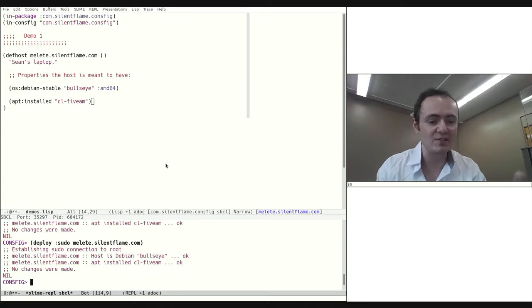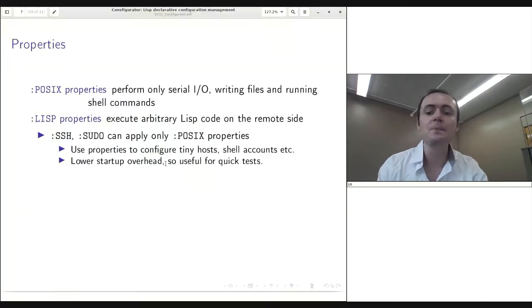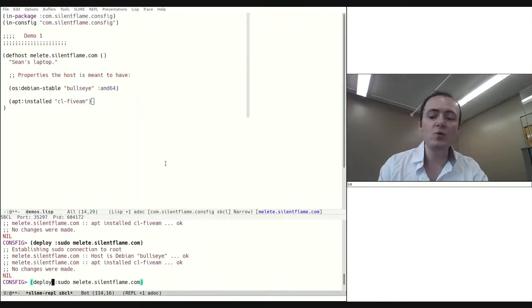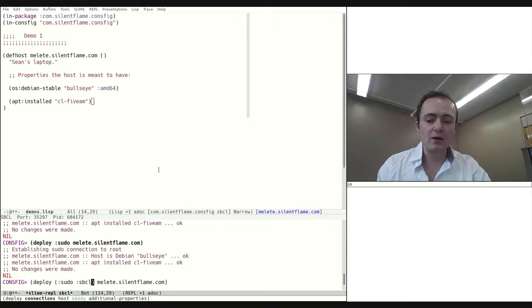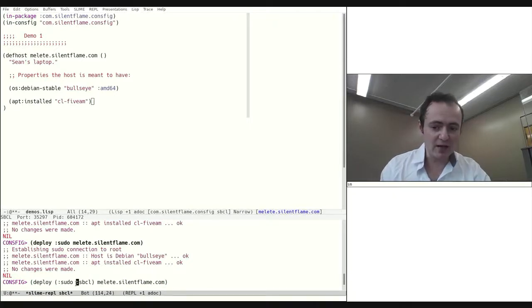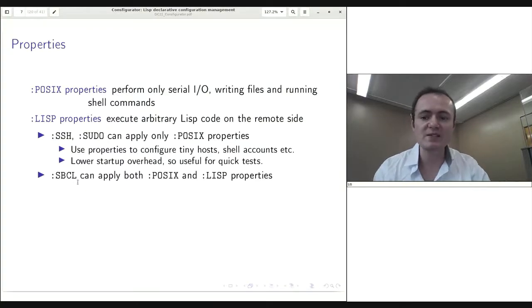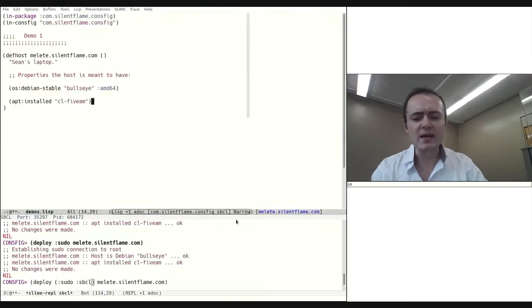It was only slow when it had to wait for apt to actually do some work. Whereas if we add to our connection chain a Lisp type connection, right? So the SBCL connection type starts up SBCL on the remote side, and so it can apply both POSIX and Lisp properties. If we run this,